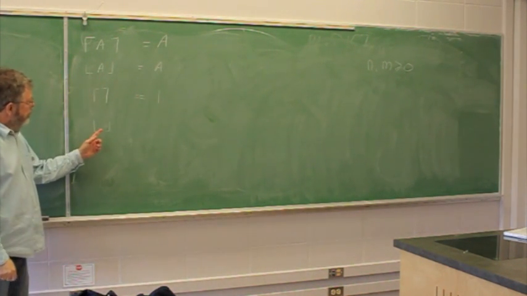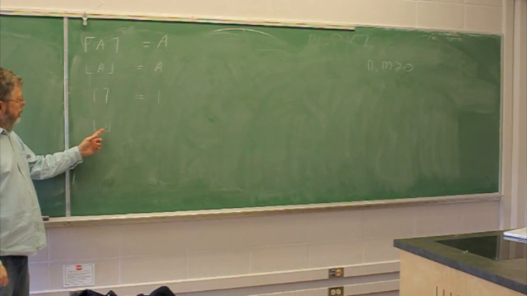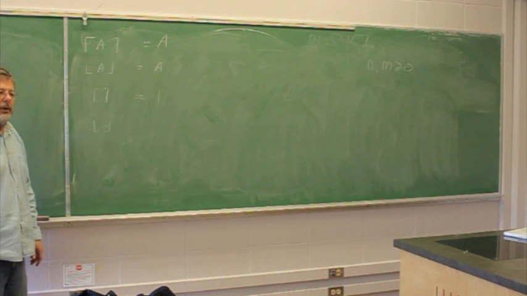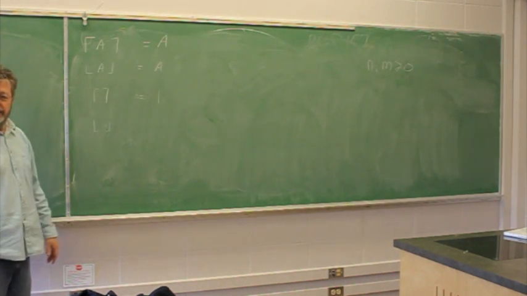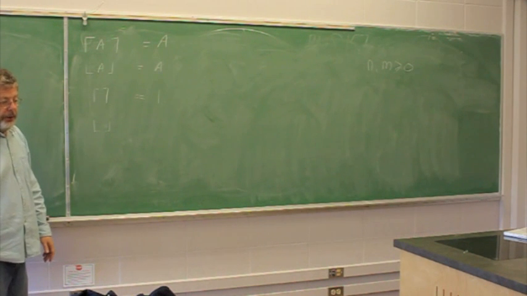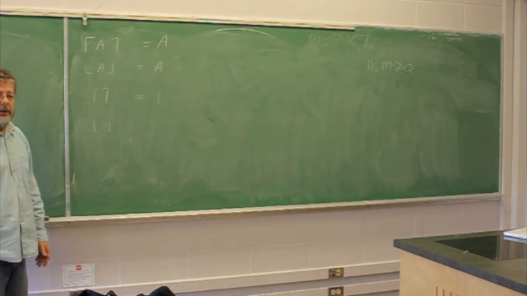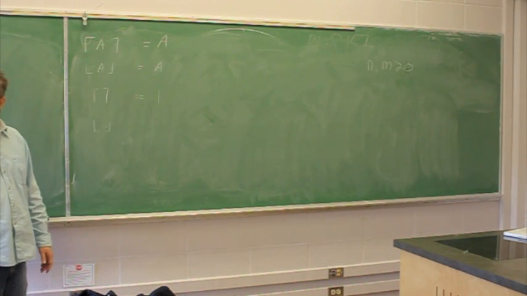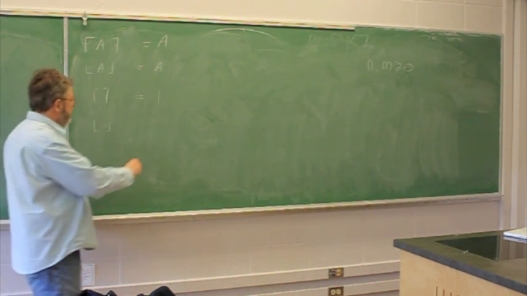Now this one is not so controversial. Disjunction says that at least one of the formulas between the brackets is true. Well, clearly, since there aren't any formulas in the brackets, there can't be any that are true. So if I say there is a Russian exchange student who also plays basketball, that's clearly false because there aren't any Russian exchange students. But there shouldn't be a problem about that. What about